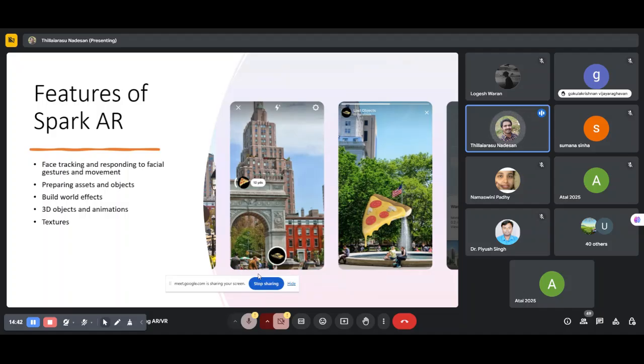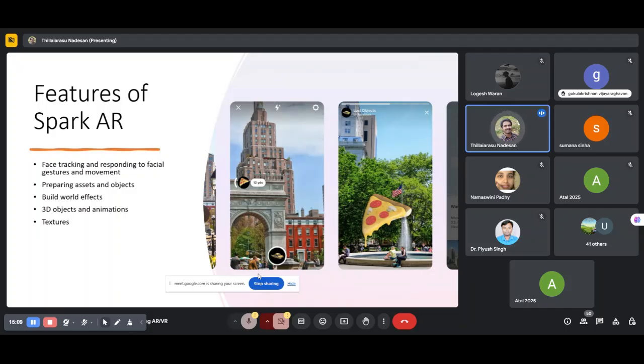Okay, preparing assets and objects is very important. Here in AR Studio, you can build materials like textures and some 3D or 2D objects. Additionally, you can create your own or use their library of thousands of free 3D models, and you can add sound samples.